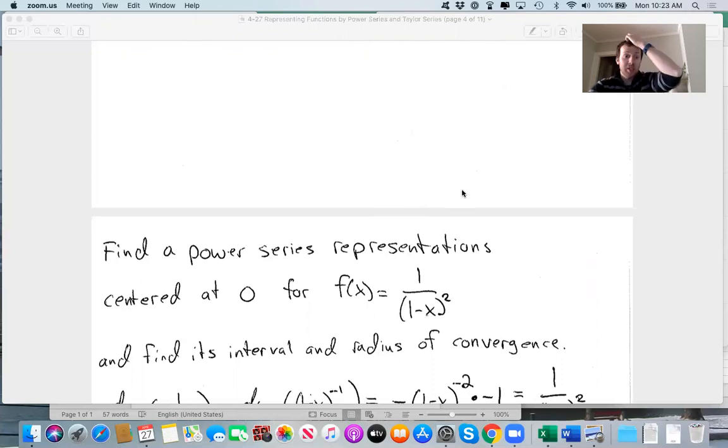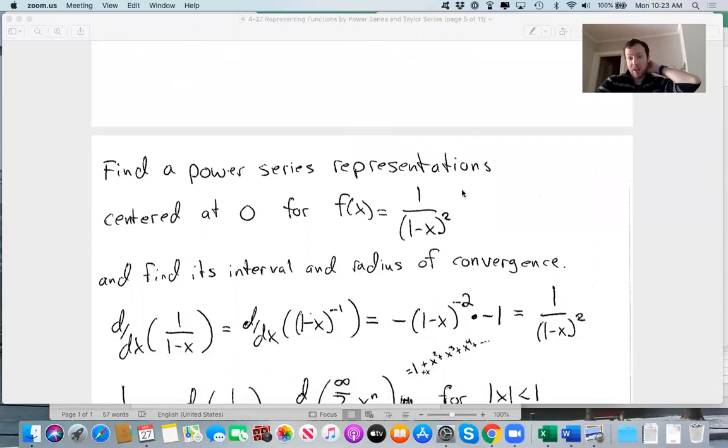But what we can notice is that this function is the derivative of 1/(1 minus x). So if you take 1/(1 minus x), you can use the quotient rule if you want. We can also write it with a negative exponent and then use the chain rule. So with the chain rule, the -1 comes down, the exponent decreases to -2, and then the chain rule,